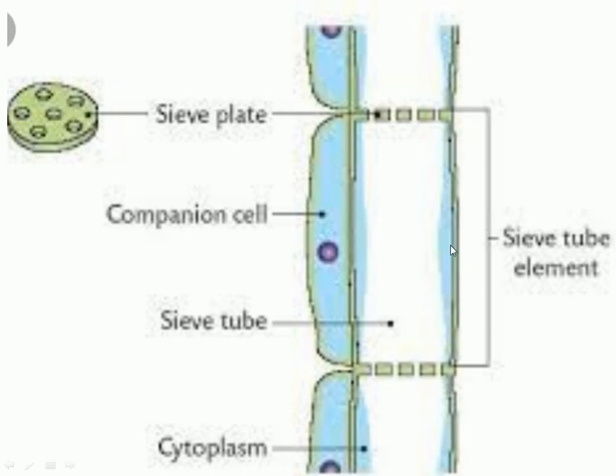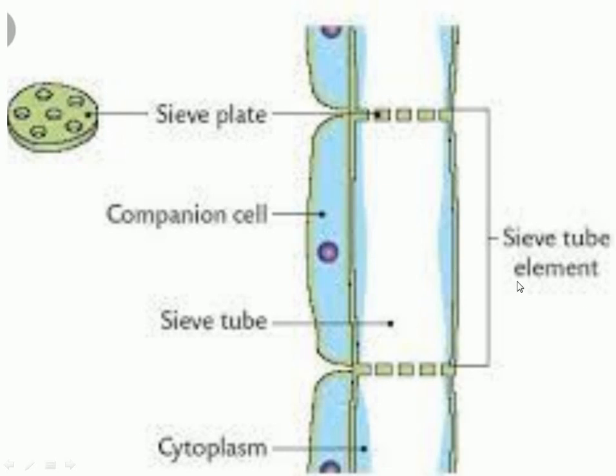Now the first component is the sieve tube element. The sieve tube elements are a characteristic feature of the angiosperms, because in angiosperms the sieve tube element is present, while in gymnosperms in place of the sieve tube element there is the sieve cell. What is the difference between the sieve tube element and the sieve cell? In the sieve cell, sieve plates are not present, but in the sieve tube element, sieve plates are present. The sieve tube element forms a tube-like structure.